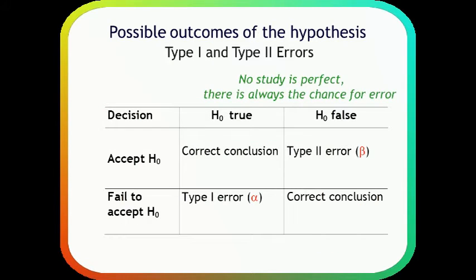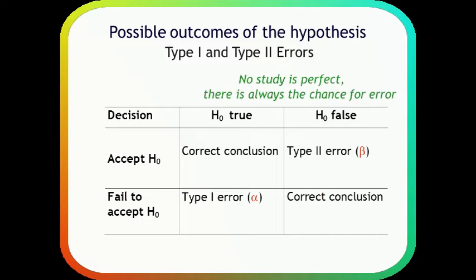So when we talk about possible outcomes of our hypothesis, we are likely to commit type 1 and type 2 errors. Please do remember, this question is always asked in competitive exams about errors in hypothesis testing, and there are only two types of errors which are likely to occur. There is no type 3 or type 4 error in hypothesis testing. Please do remember, any kind of study which you do is not likely to be perfect. There will always be a chance of error. Our attempt is basically to minimize the error as much as possible and eliminate errors wherever it is doable.